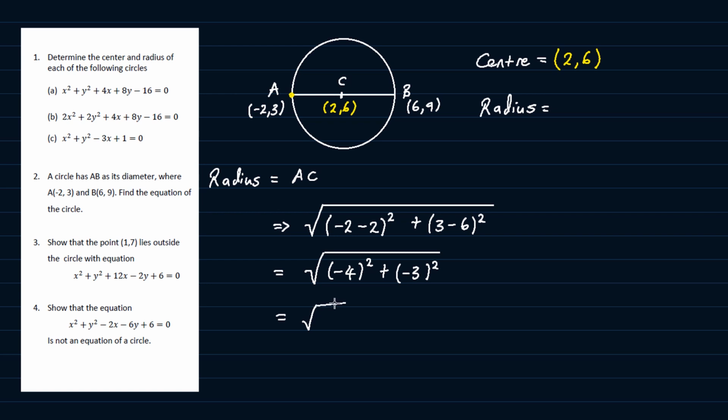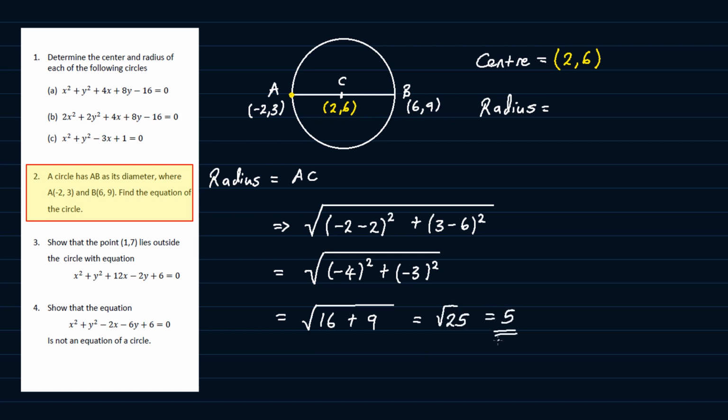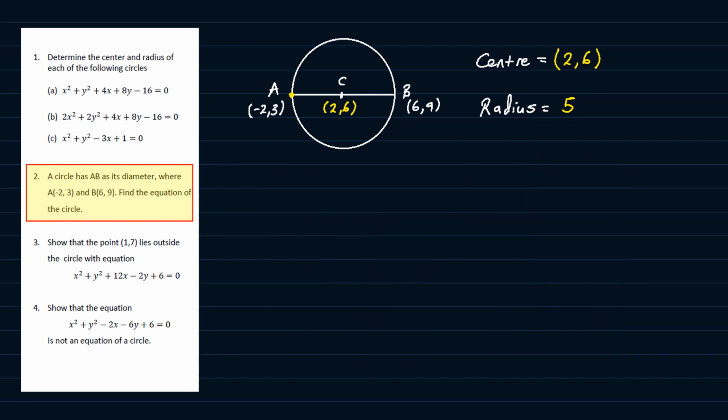This can be simplified to 16 plus 9, which is the square root of 25, which is 5. So the radius is 5. So I'll put 5 here. Now that we have the center and radius of the circle, we can now write down the equation